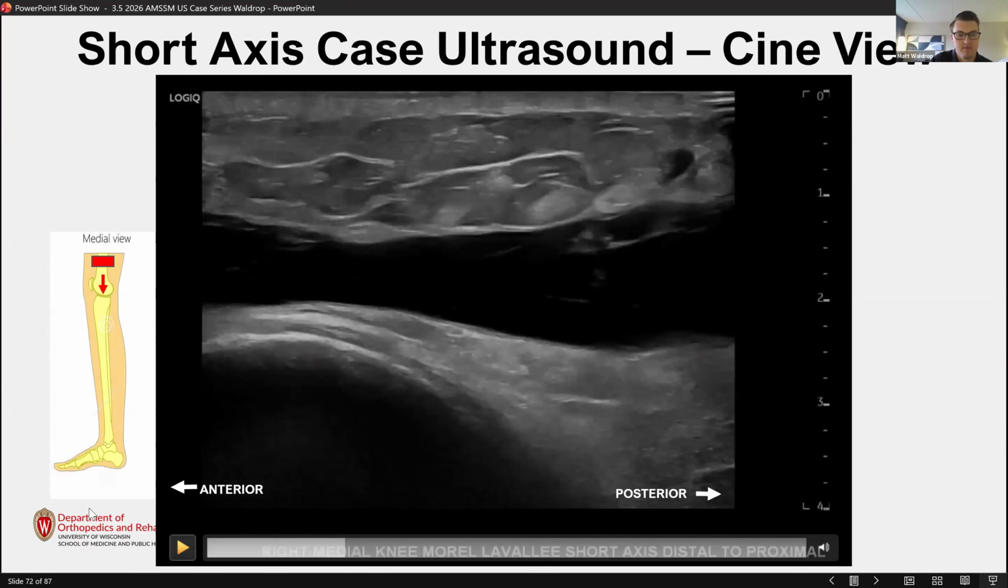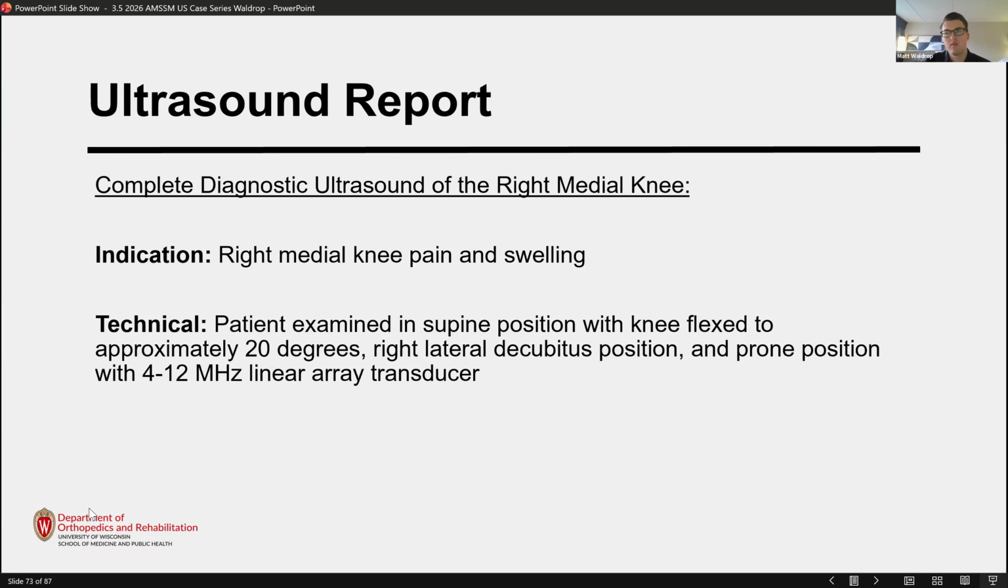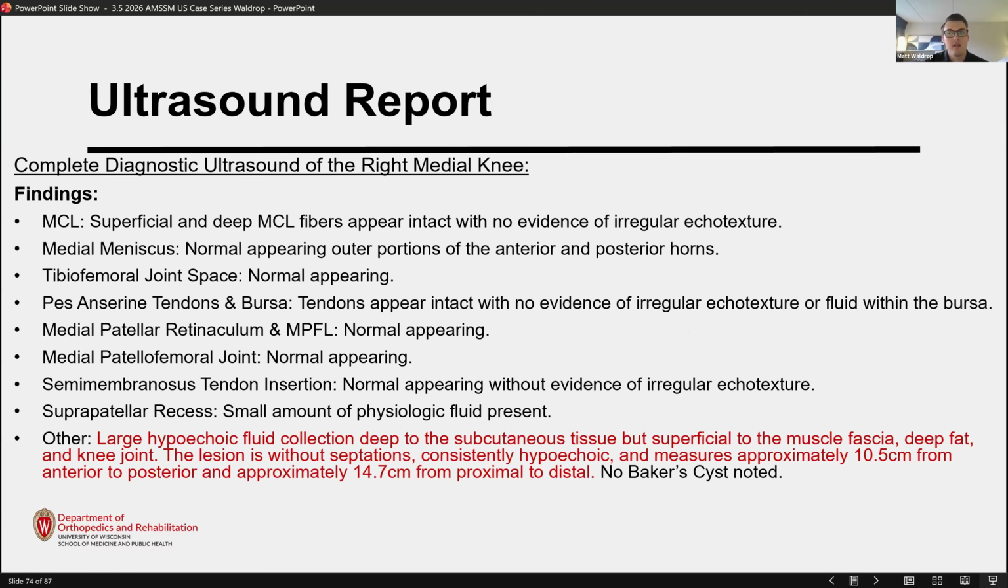All right, so moving on to our complete diagnostic ultrasound report of the right medial knee in this patient. Our indication was swelling and pain of the right medial knee. The patient was examined in supine position, right lateral decubitus position, and prone position with a 4 to 12 megahertz linear array transducer. All of our findings were reported as normal until we reached the other section of the report,